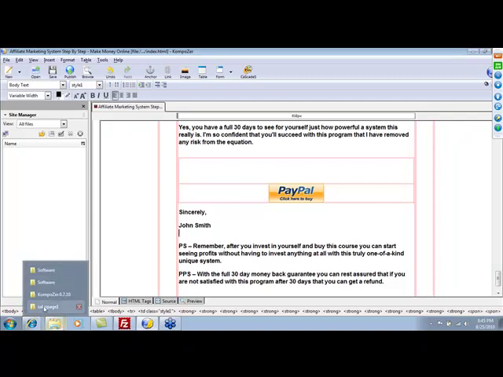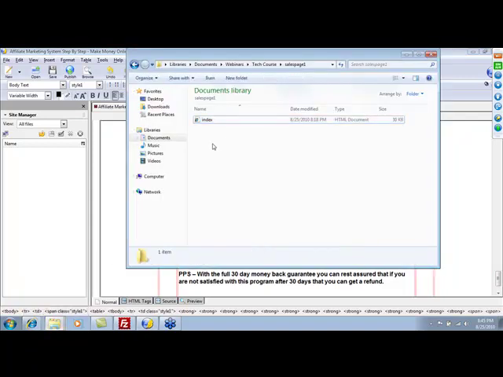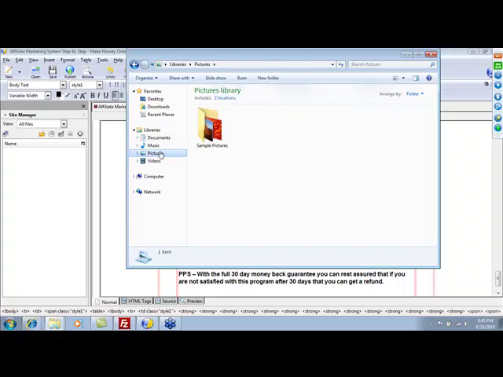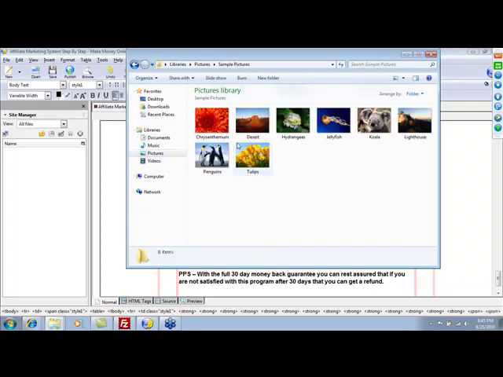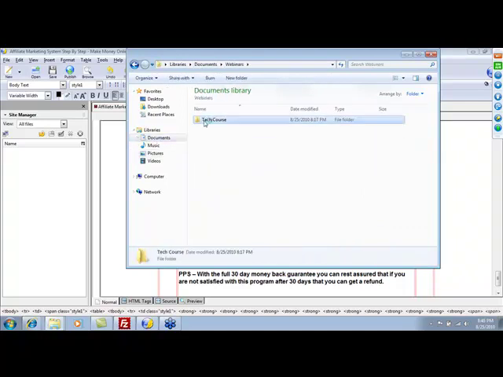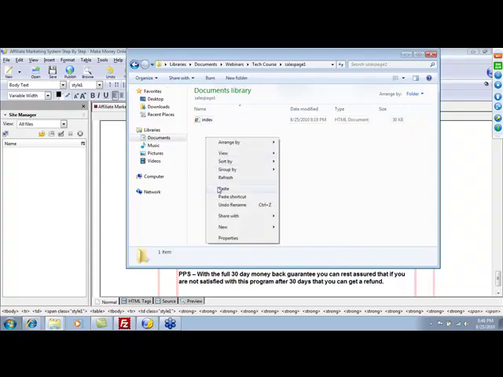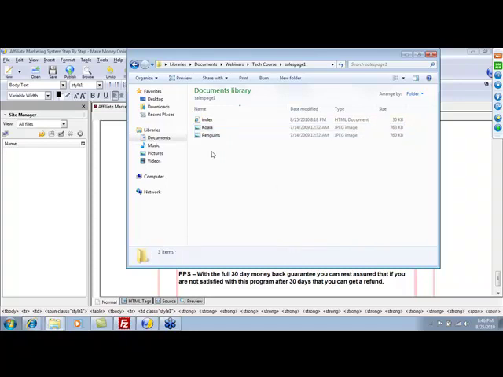the images that you're pulling from, like for example, this is my sales page folder. If I'm going to be using those images that I've pulled just off my computer from maybe my pictures folder, it would be best for me to put these pictures here and move them to the directory that I'm working from. So I'm going to go here, and it would make a lot of sense for me to put it into this particular folder, because